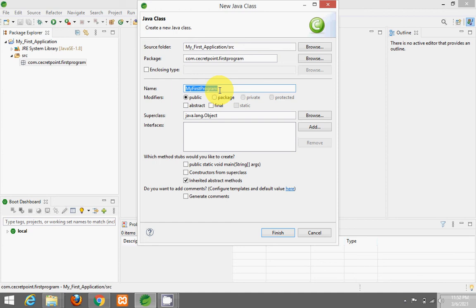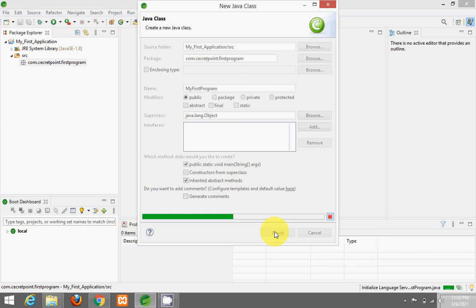A class name should have its first letter capital, followed by each word's first letter capital, like M is capital, F is capital, P is capital. Now create the main method. I want to create a main method in it, so I'm going to click the tick button. Why this main method is required, I will explain later on. Finish.